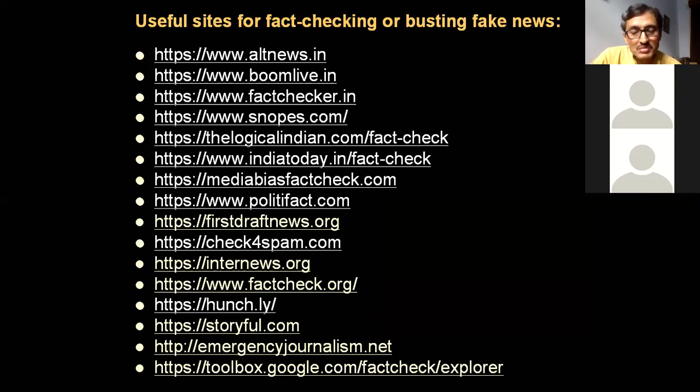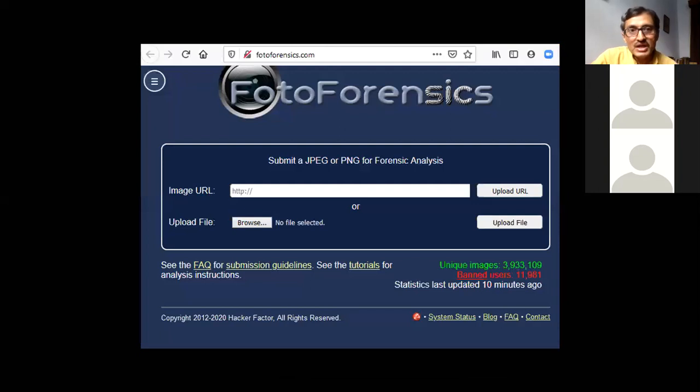Then some newspapers like India Today and The Hindu and many others have their own fact checking sections where they do this sort of thing. Then later there are some other websites. I'll show you some more examples, websites where you can go and find out if you have any doubt about a news item or about a photograph. For example, there is a website called